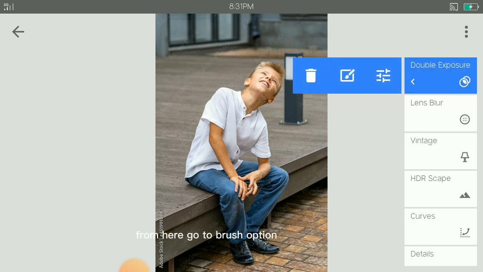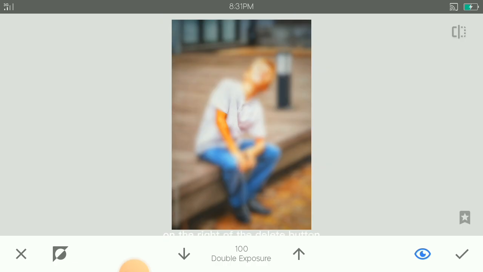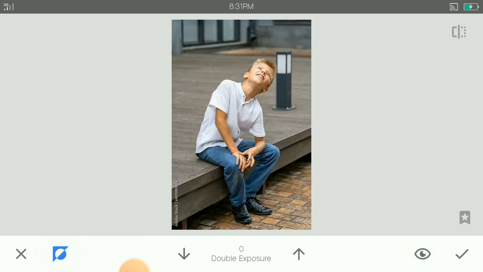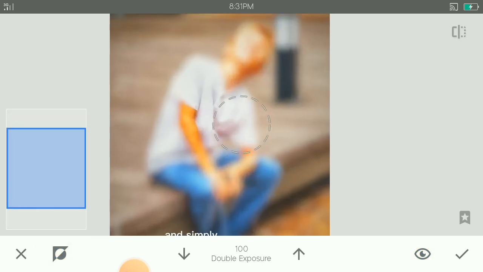From here go to brush option in the middle on the right of the delete button. Now simply make it 100. On the left you can see the invert option. Here is the before and here is the after, but simply go and zoom in and simply paint on the